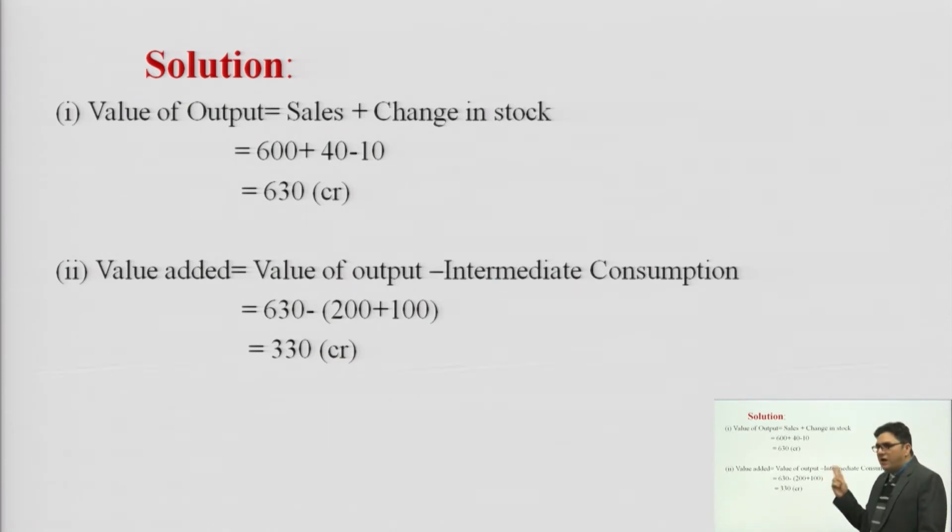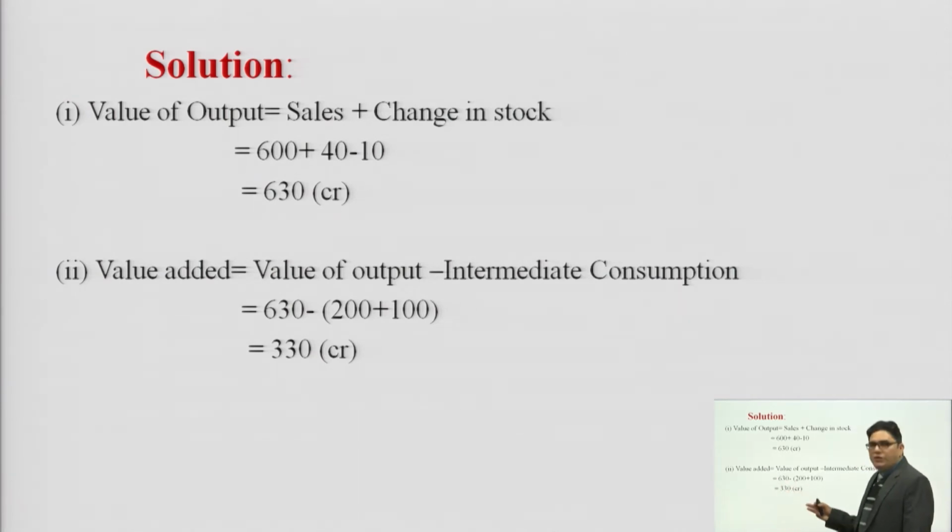By the product method our figure will be GDP at market prices. Where do we have to reach? GNP at market prices. So in order to reach the national income, we need to add net factor income earned from abroad to our GDP figure, and then we will reach GNP at market prices. Similarly, it might ask you to calculate GNP at factor cost. So for factor cost, what will we do? For factor cost we will subtract the indirect taxes and add the subsidy.